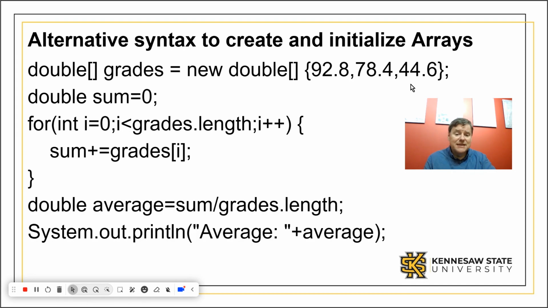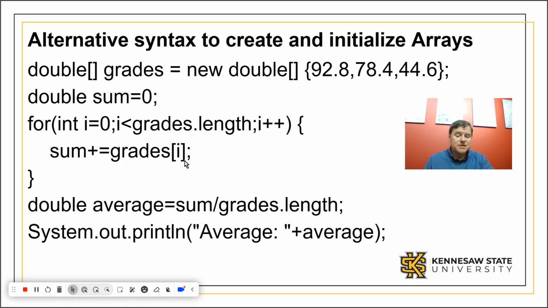This is calculating the average of those, and so what it's doing is it's first calculating the sum of them using a loop that's going from I equals 0, I less than grades.length. Since there are 3 values in here, grades.length will be 3, so that's I equals 0, I less than 3, I plus plus, so that's going to do 0, 1, and 2,